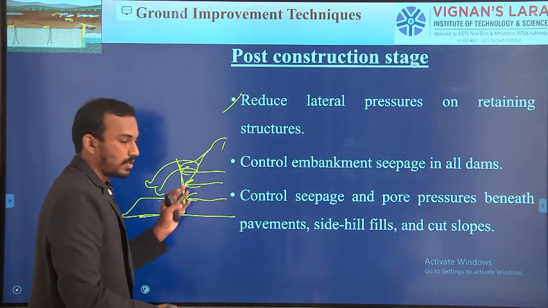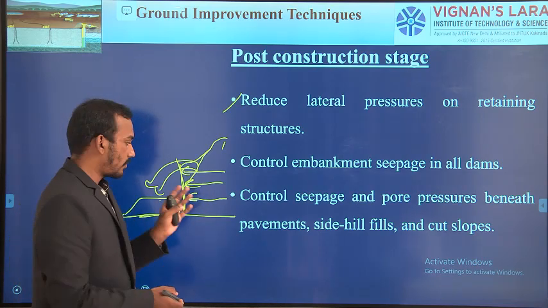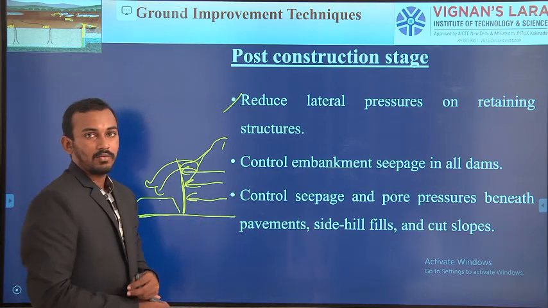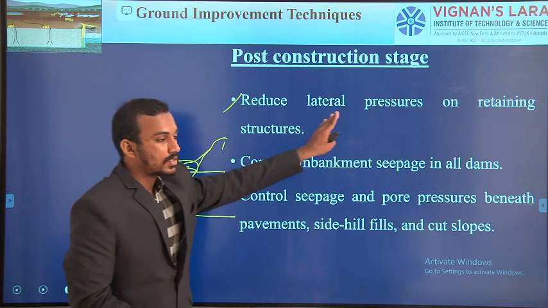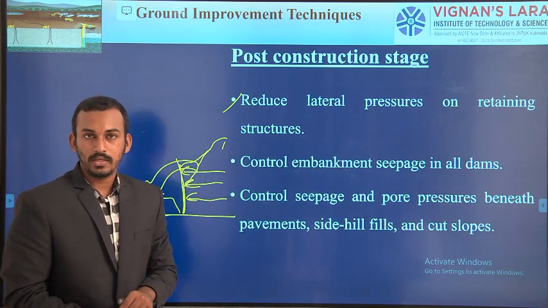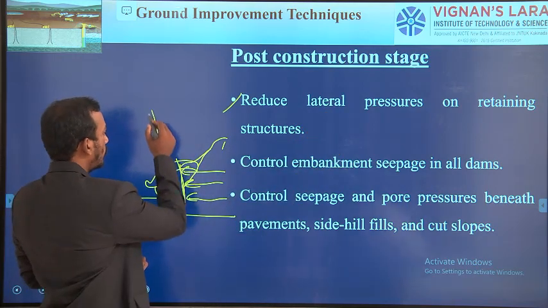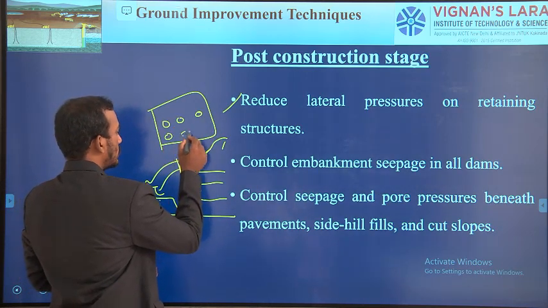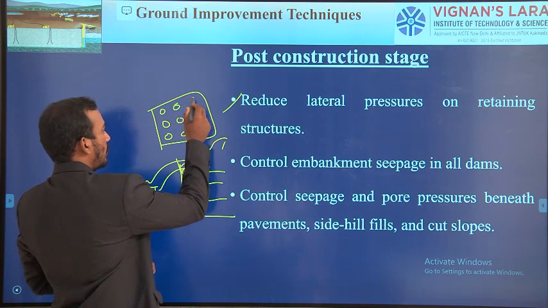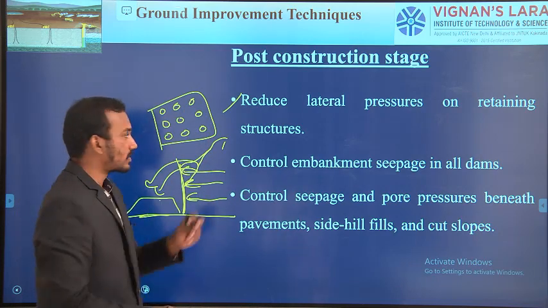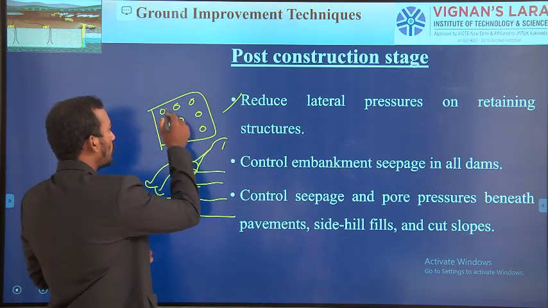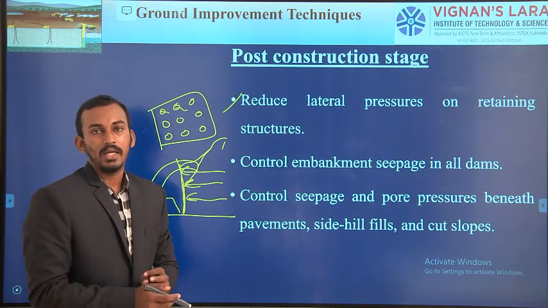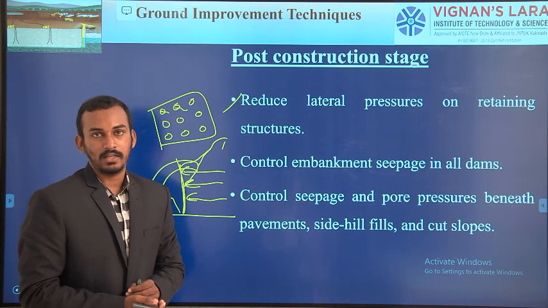Okay, this is generally observed when we are going to Tirupati or to the Durga temple in Vijayawada. In such areas, we can find this retaining wall. So in order to reduce these lateral pressures, we provide some holes. The retaining wall contains a series of holes. If any water comes into the soil during rainy seasons, the water may escape through these holes. Once there is a chance to escape, it does not impart any pressure on the retaining wall.